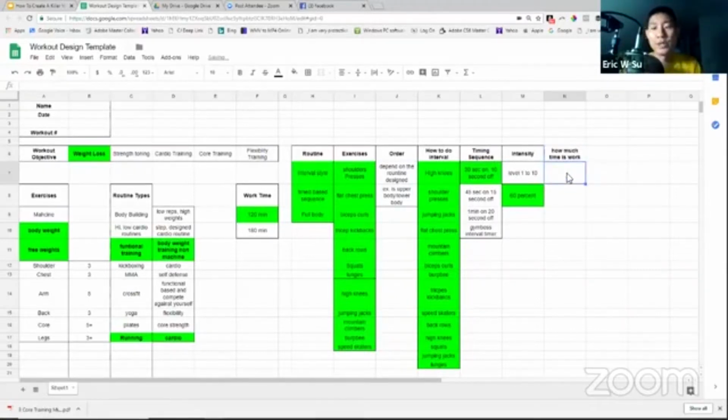How much time is work? So if we're doing a 30-second on, 10-second off type timing, we can set up a 5-minute routine. We could set up a 10-minute routine. Okay. What I mean by that is